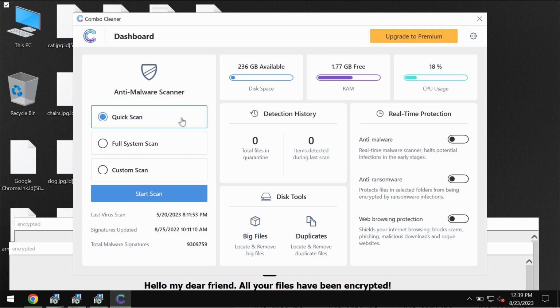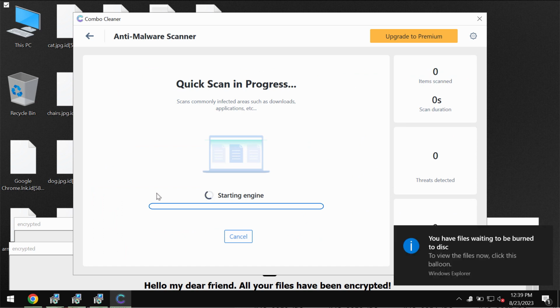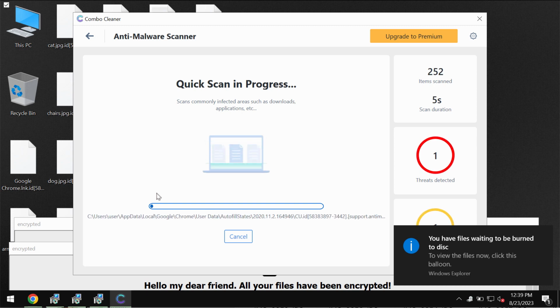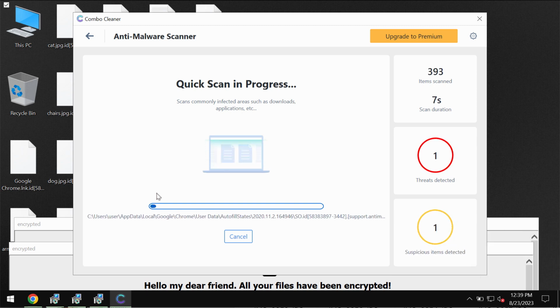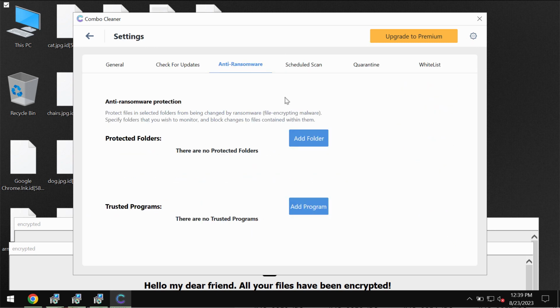So it will be initially in the trial mode, so only quick scan option is available. Click on Start Scan button. Most likely the software would first of all update its anti-malware database, which is truly essential for proper detection and removal of any malware. I want to emphasize your attention on the fact that Combo Cleaner has got anti-ransomware feature,